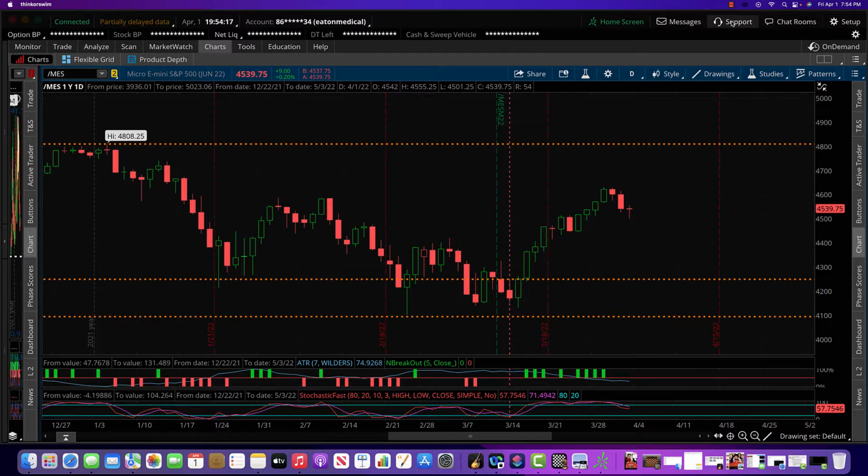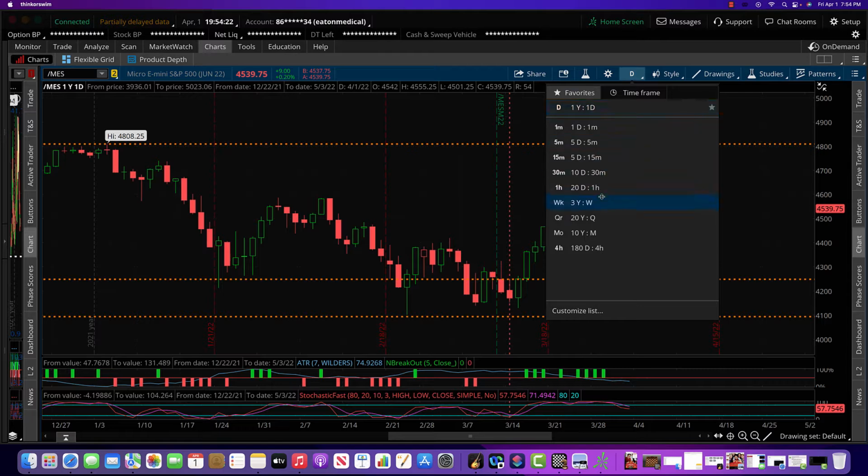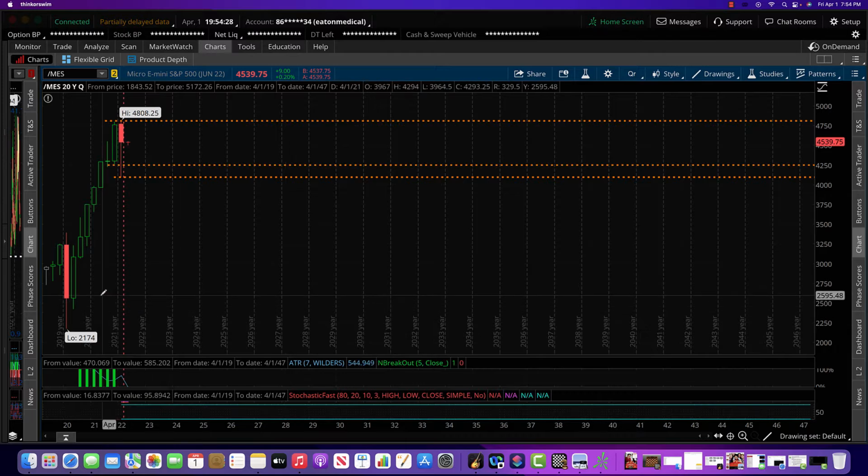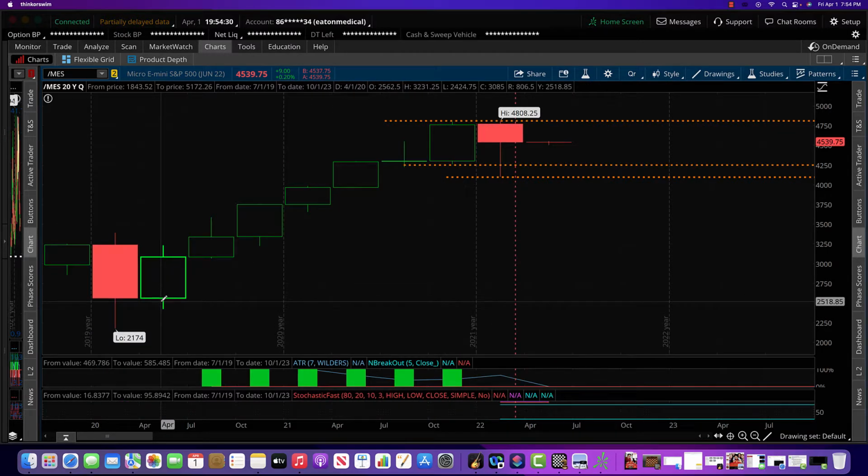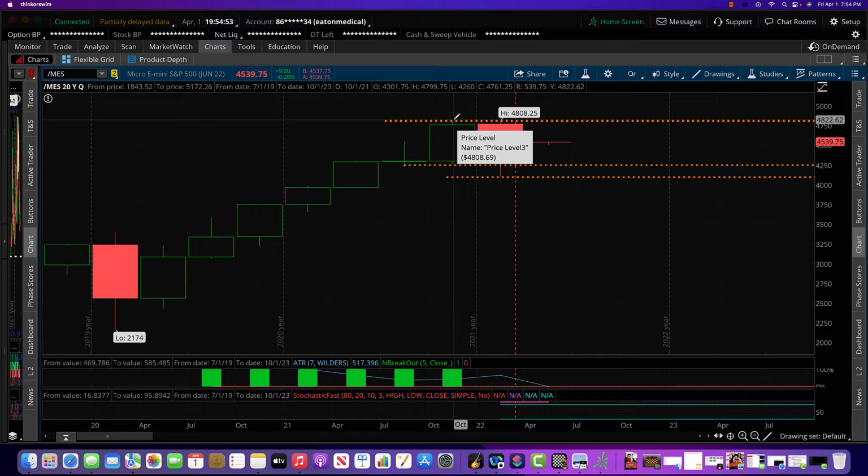All right, so let's look at the S&P on a very large scale, the quarterly level. And you can see on this quarterly chart that basically the market has progressively been going up over several quarters. This last quarter was October through 2021, and we had a high up here at 4822 and a low of